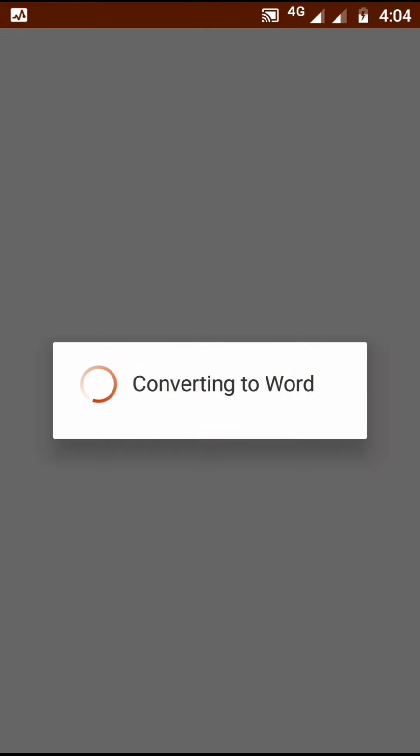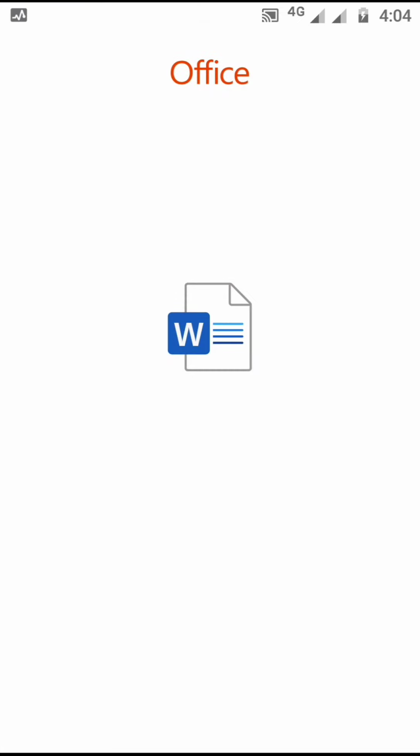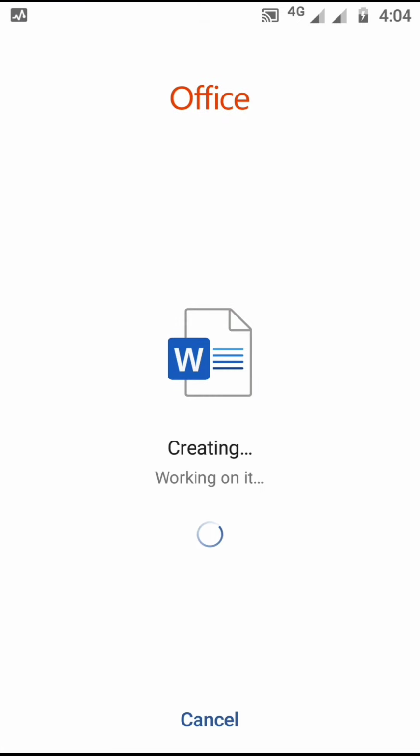So from this image the letters will be converted to Word format.